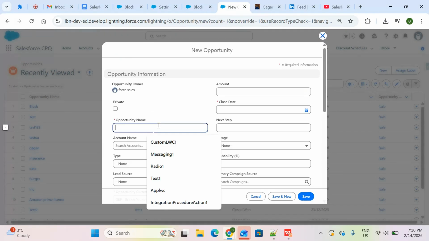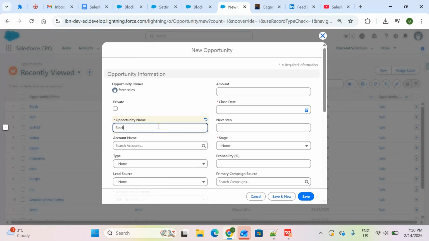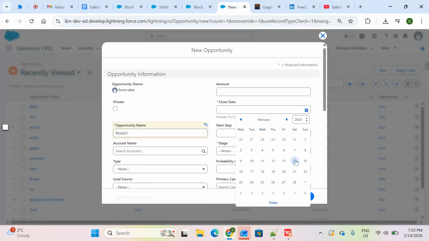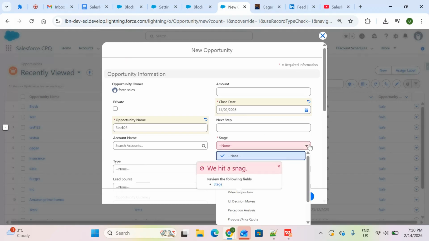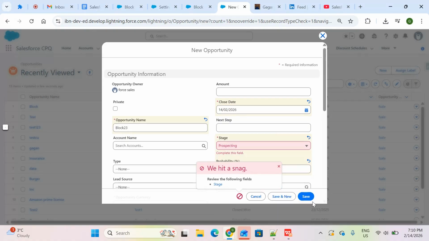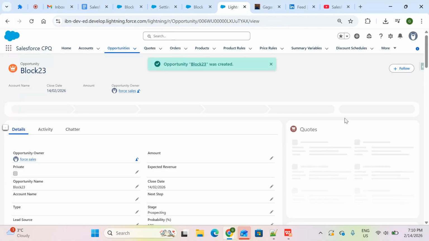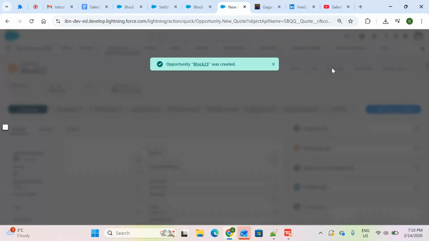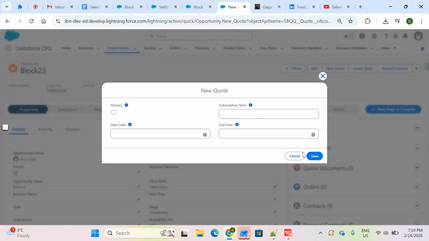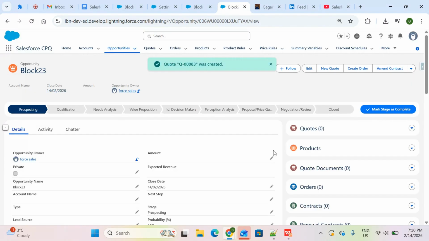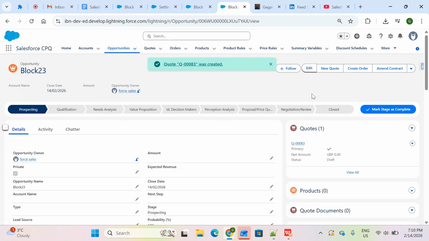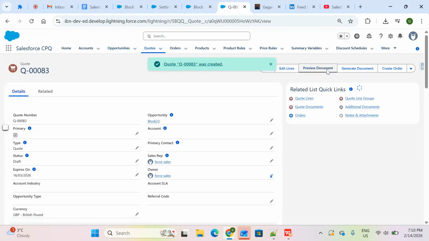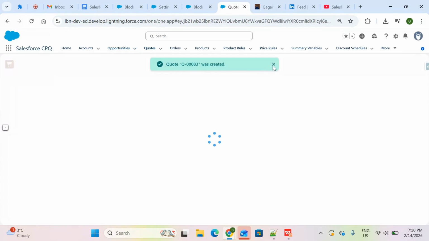So I will just create another opportunity from the scratch, and I will give the name like block 1, 2, 3. I'm giving close date, any close date, click save, stage prospecting, save, and then I have to create one quote quickly. I will click new quote. I'm choosing this as primary, save, and from the quote I have to click edit lines,